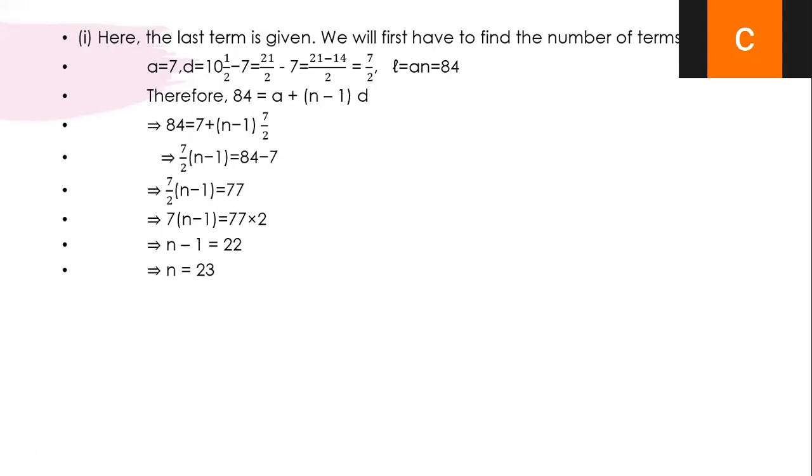Have you all got N is equal to 23, children? Where are you getting 23 by 2, dear? See here. First, you need to subtract 7 from 84. You are getting 77. Then 77 divided by 7 by 2, so there you are getting 22. I thought this 7 by 2, the 2 will come till here, ma'am. Okay, then N is equal to 22 plus 1, 23.